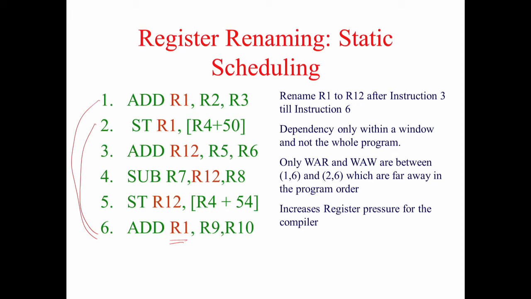Because the compiler is dumb, as I told you, it will just take the C code, write assembly code and give it. Any dependency, everything is left to the hardware. Now how will hardware do it? That is a very interesting question that we will answer. But if it is going to be software and we are going to have pipelining like this, then the register renaming can be done by the compiler. But note that this WAR and WAW just evaporated the moment I renamed. So that is why we call this data dependency a false dependency or a name dependency. It is all because of a name, nothing more.